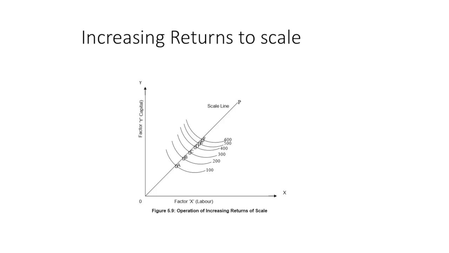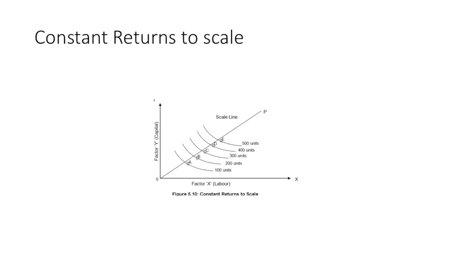Now why is it happening like this? It is because production can be increased by using the latest tools, machineries and equipment. And in large scale production, we can make maximum use of large machines and management expertise, which further reduces the production cost. As the size of the plant increases, more output can be obtained at lower cost.